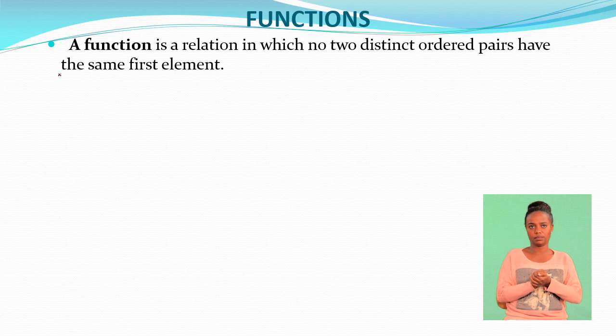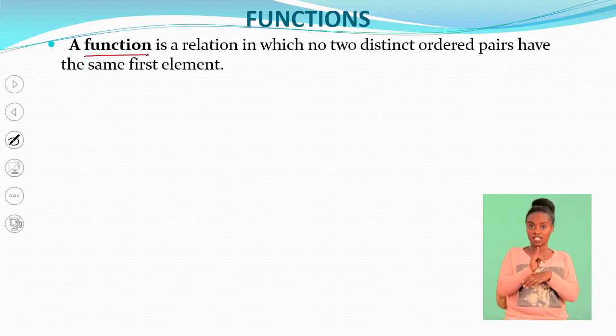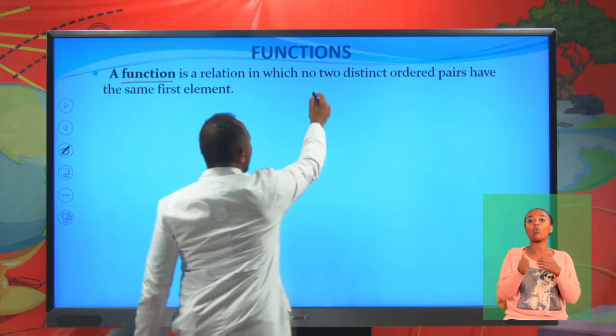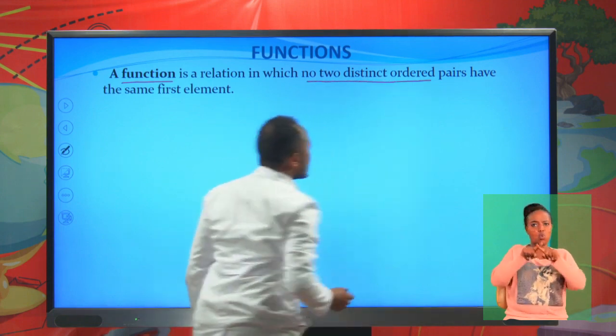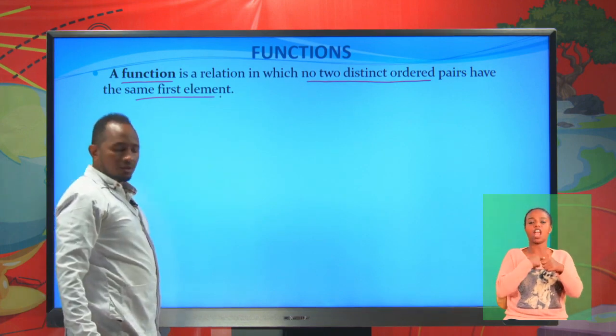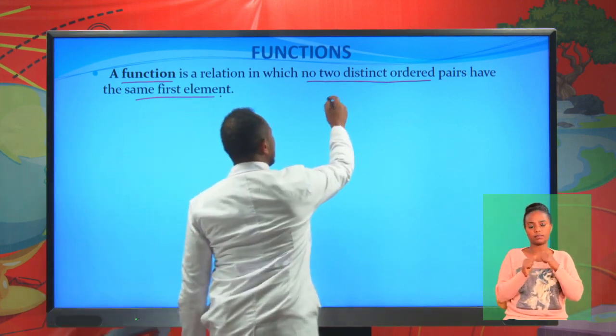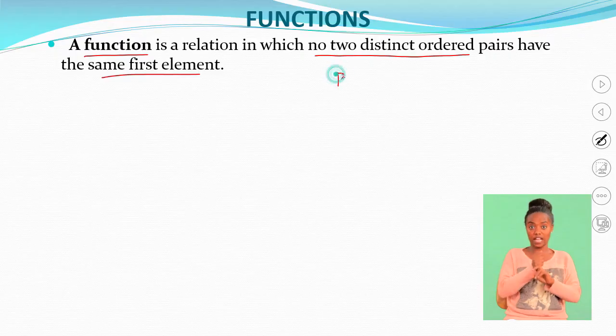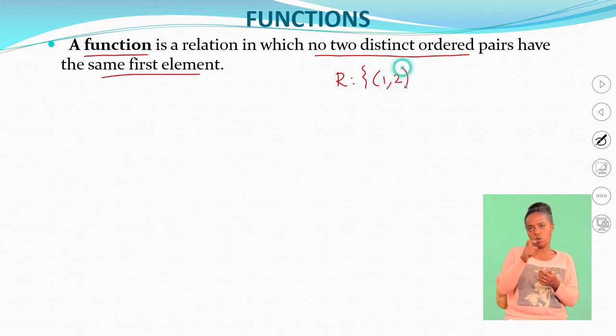Functions. A function is a relation in which no two distinct ordered pairs have the same first element. For example, let's take R: 1 comma 2, 3 comma 4, 1 comma 3. If you take this relation,